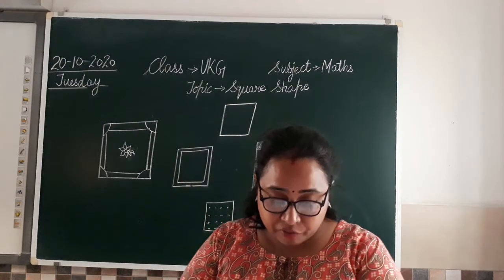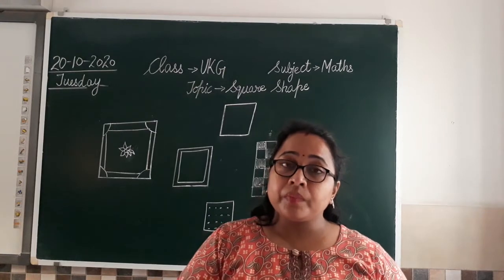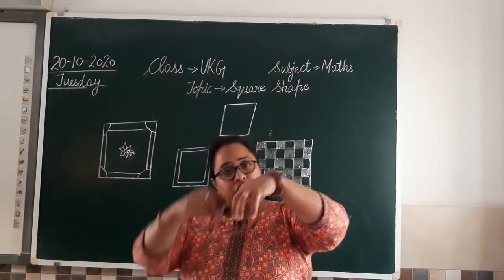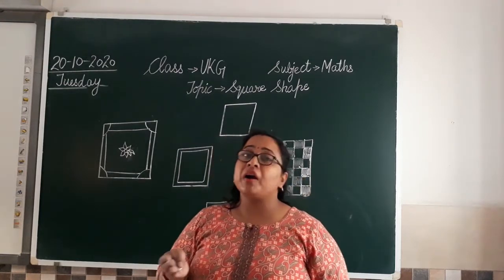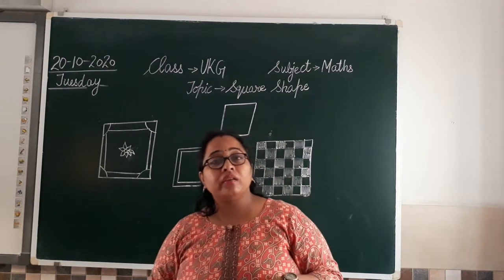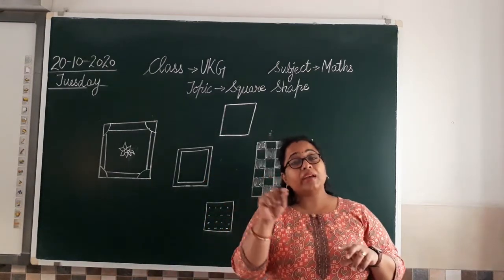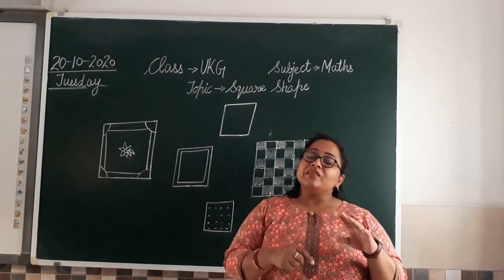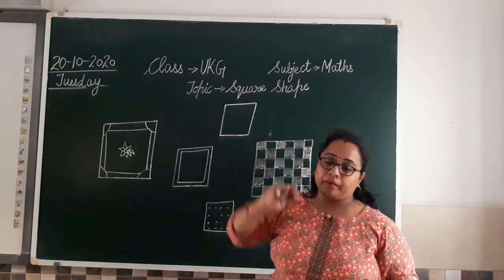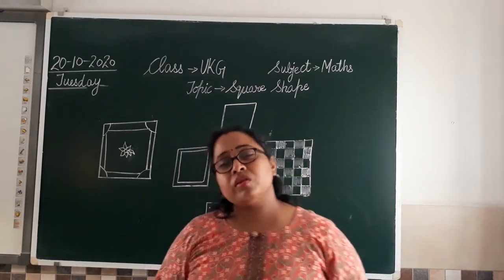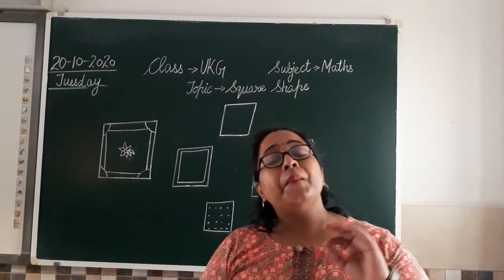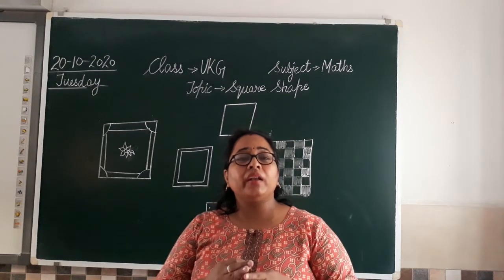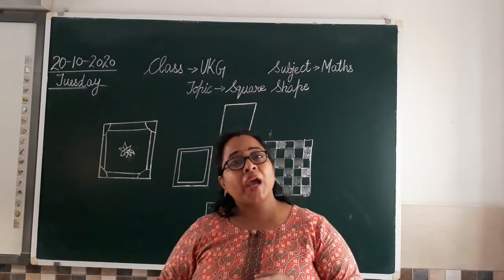So till now I have taught you about your circle shape, how you can draw a circle shape using any circular object, how you can trace it. Then I have taught you triangle, how to draw a triangle, how you can measure the squares in your notebook to draw a triangle without any help, isn't it? So today we are going to learn about square. The very easy and the foremost example of square is your maths notebook itself, isn't it? When you open your maths notebook, you will find the pages have a square pattern.